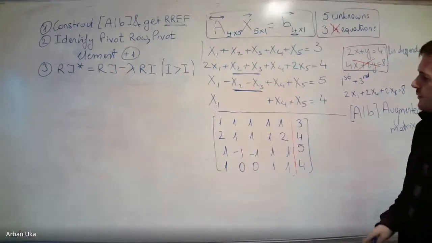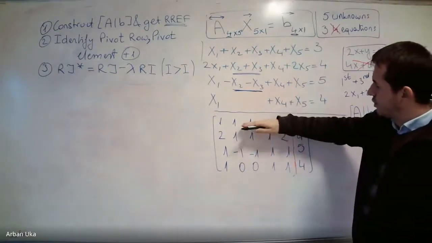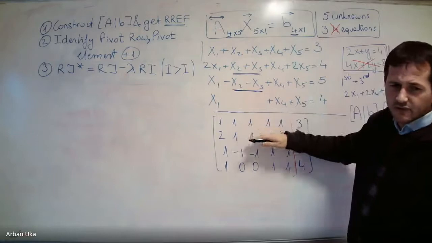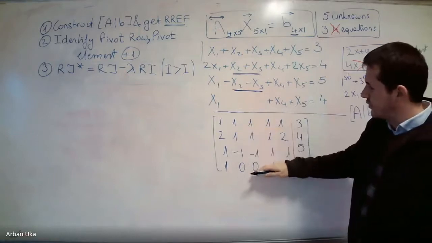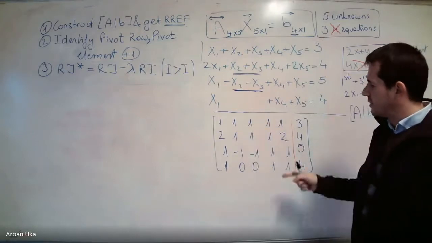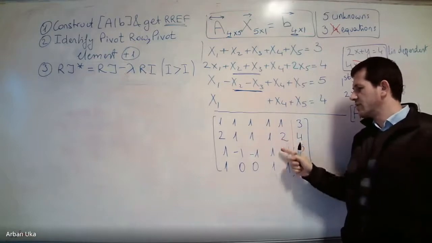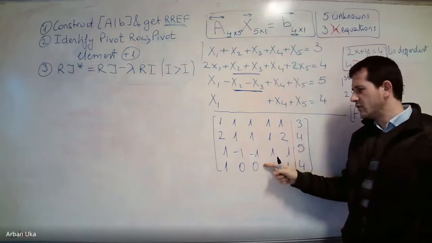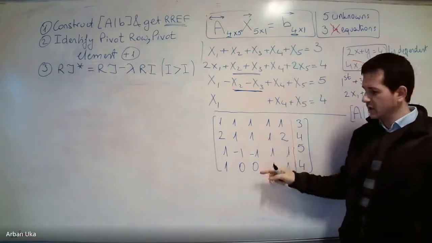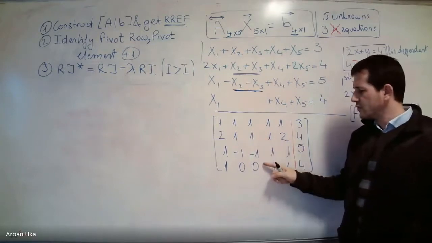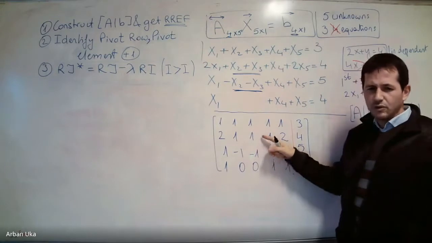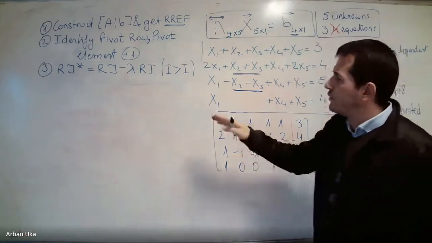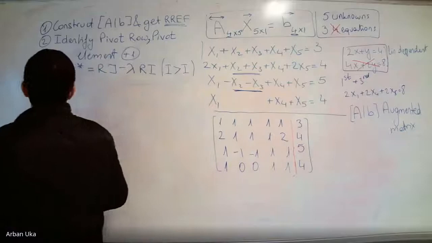Okay, so we can use the first row as a pivot or as a reference for second, third, and fourth, meaning that we can change the values of row 2, 3, 4 using row 1, and you can change the values of row 3 and 4 using row 2. Okay, we can change the values of row 4 using row 3, row 2, or row 1. So we follow these operations, and once we do this,